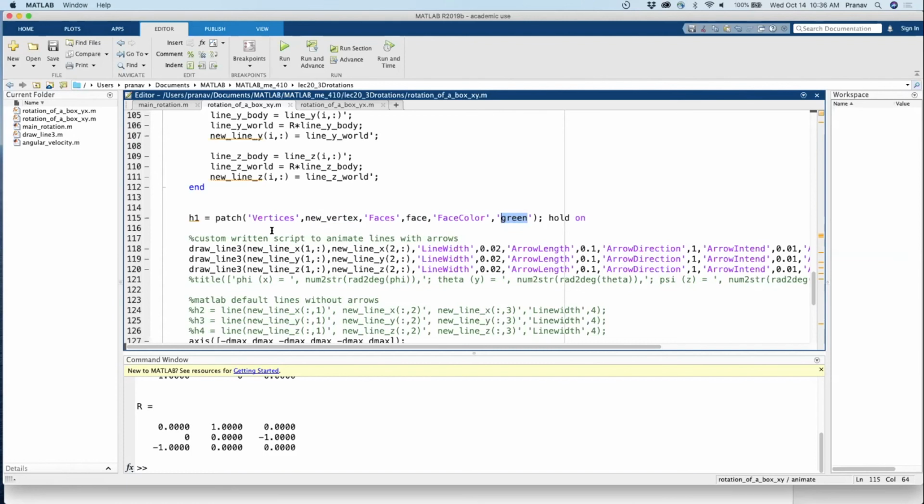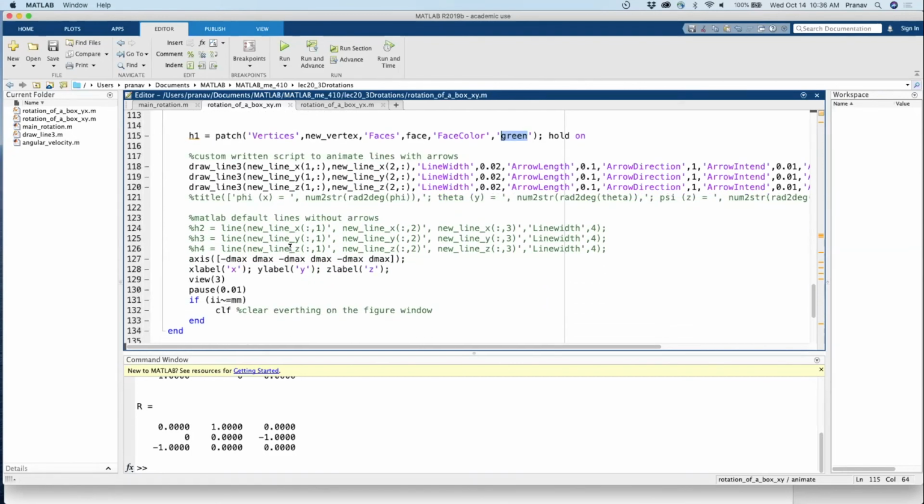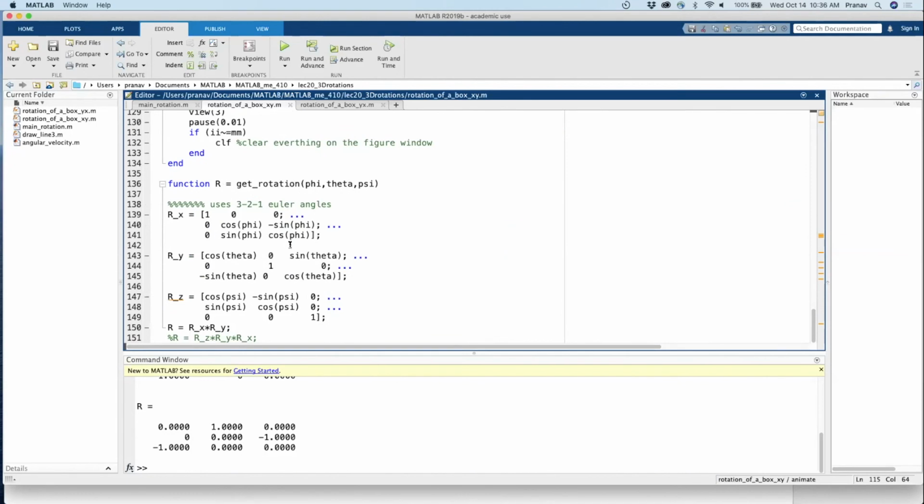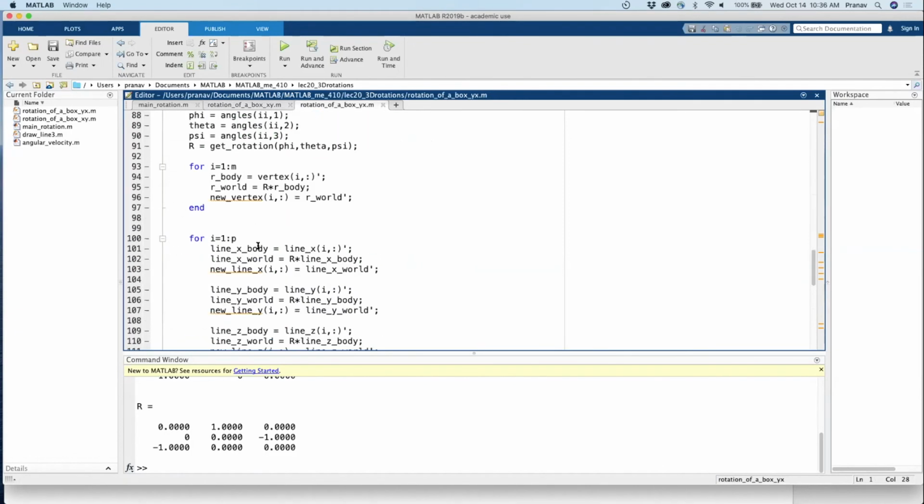Frankly, I did this once, and since then I've not really thought too much about the code. I would not recommend, I mean, you can try to understand it and so on, but I would say you just want to take my code, or for that matter, you can download some code on the internet which does this three-dimensional shape and just keep using them. But I just want to illustrate that you can do three-dimensional things with MATLAB, and it's a nice visual tool. There are some rotation matrices involved, as I've shown you, which is you multiply first x and y, or you can do the opposite, which is r, y